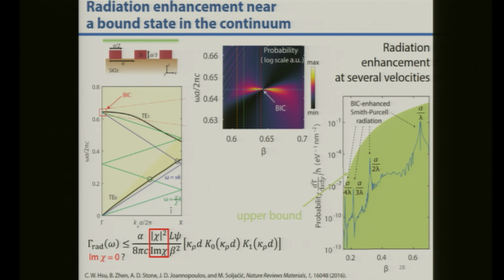emission probability. In this problem, we're simulating a one-dimensional structure that holds a symmetry-protected BIC at the gamma point inside the light cone. And by tuning the electron velocity, we're able to couple the electron with the photonic mode around the BIC, and you find that there is a large enhancement of the emission probability near this symmetry-protected BIC point. And to test whether this enhancement is accordant with our theory, we fictitiously turn on the loss in the simulation and get a well-defined upper limit.